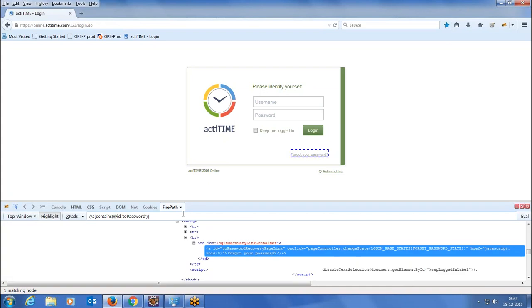Something like this: a[contains(@id, 'password')]. So a portion of the ID which is not changing is what I'm using inside the contains method. Contains is a method which takes two parameters: how you want to identify, either by text or attribute. If it is text, just write text, and then the value of the text which is constant. If it is using any attribute, @ is what you have to use.